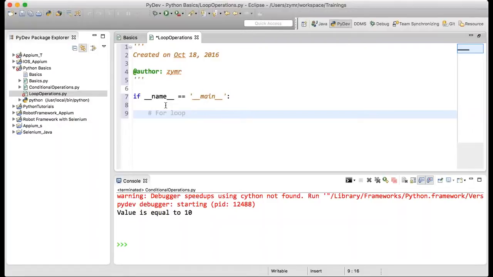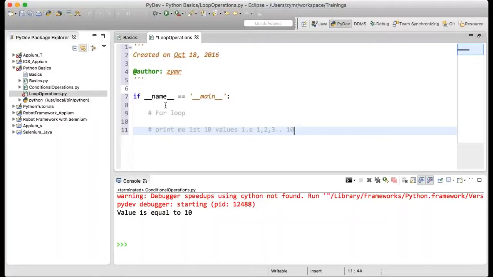For example, if someone says print the first 10 values, that is print 1, 2, 3 up to 10.